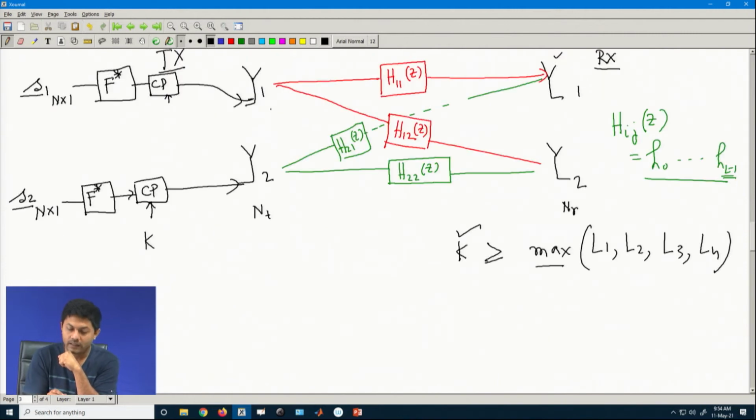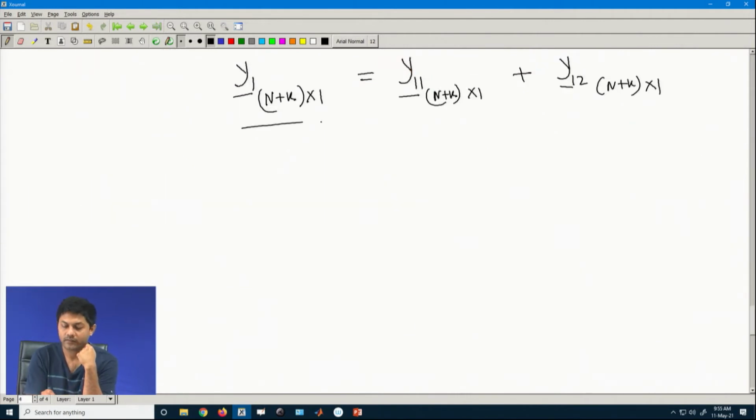Y11 is basically the received data from the first antenna. Y12 is the received data from the second antenna. When you say y11, you just think that the second transmit antenna is not present. It is solely responsible by H11 kind of things.